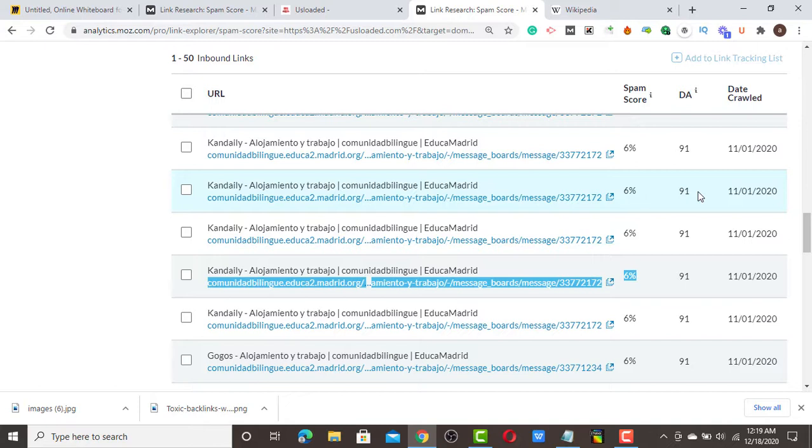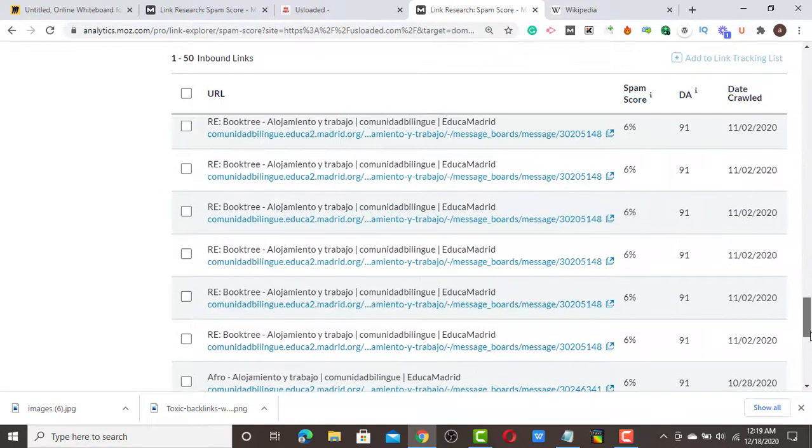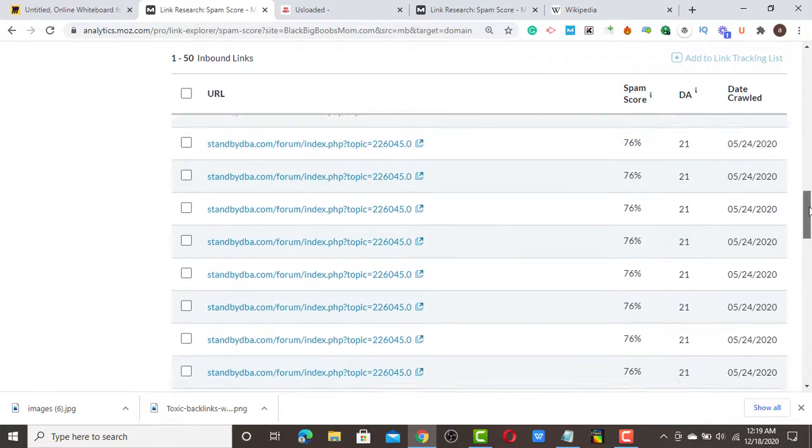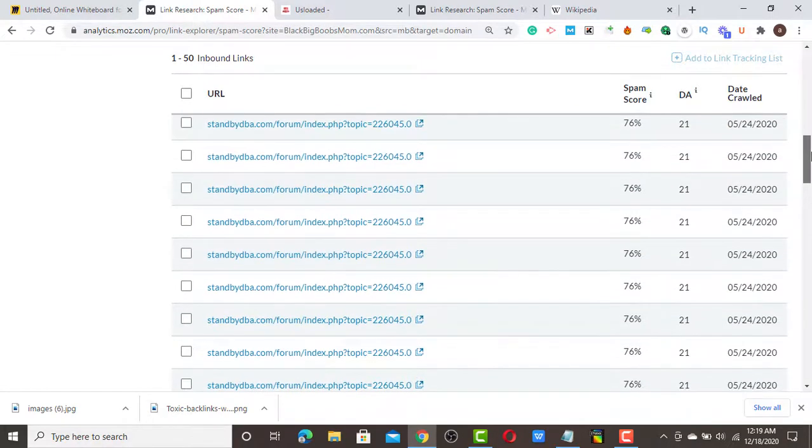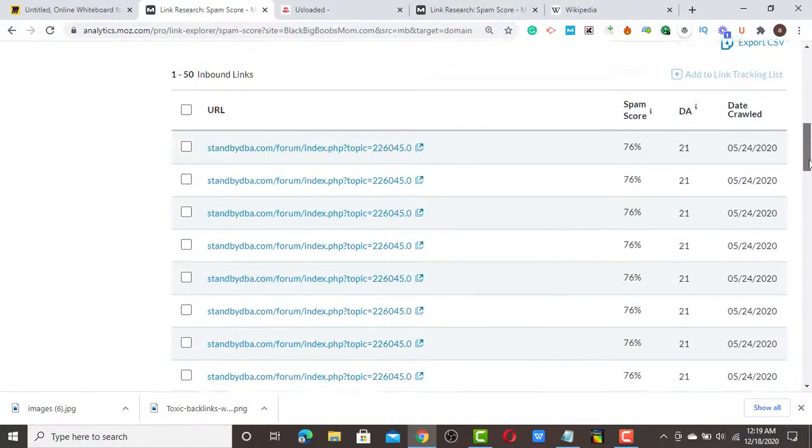When your DA is more than the spam score, it is accurate, so don't remove it from your site. If you check this site, their spam scores are 15, 16, 6, some of them 12, and the DA of those links are 90 something, which is accurate, good to link to your site to generate traffic and also lead you to ranking on the Google first page or Google search. Now these are toxic. These kinds of links can pull down your website, demote it, and make your website stop ranking.